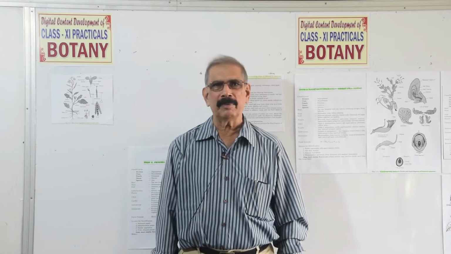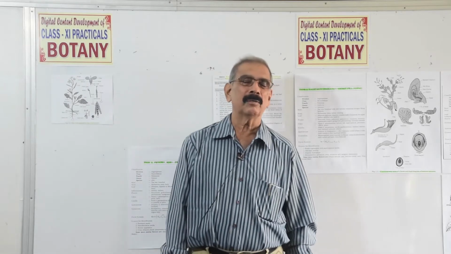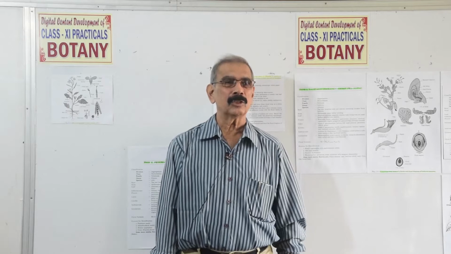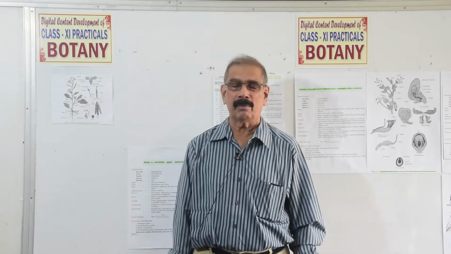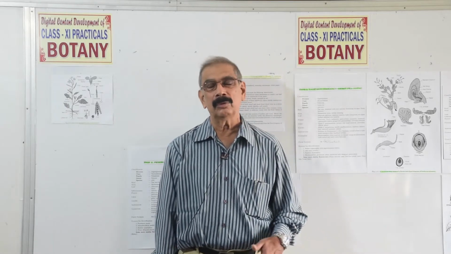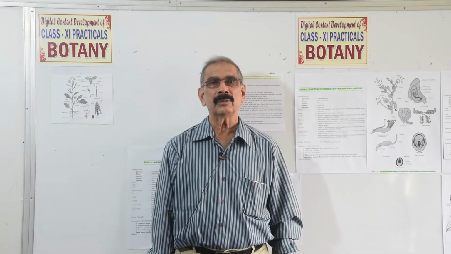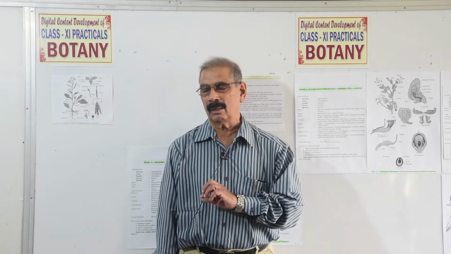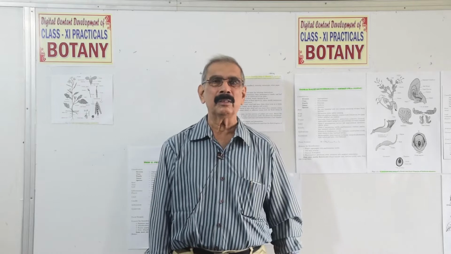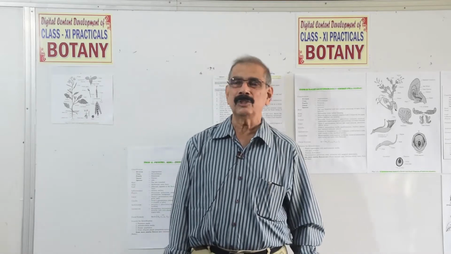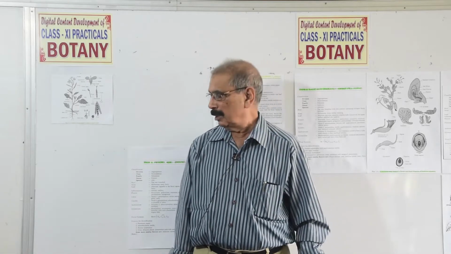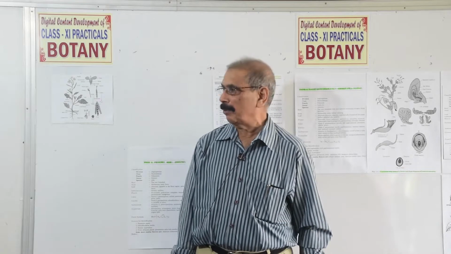The first experiment is the study of a typical angiospermic plant. When we start the botany practical, we have to read about the plants. So that's why we have to take the first experiment, study of an angiospermic plant. So, a typical angiospermic plant,